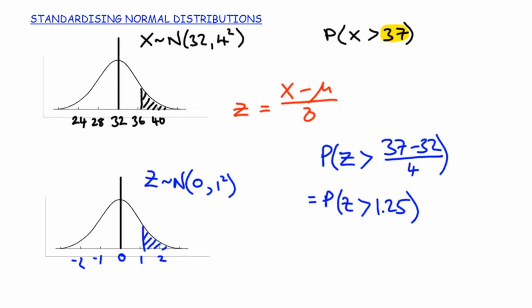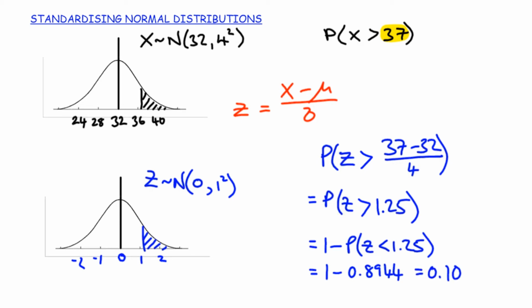All right, so let's go ahead and do that. This is not table ready. Why is it not table ready? We're looking for greater than, and the tables are built for less than. So 1 minus the probability that Z is less than 1.25. All right, and now we are just ready to look that up in the tables. 1 minus 0.8944, which leads to a final answer of 0.1056. Okay, so this is how we're going to standardize from the normal distribution, any normal distribution, into one that